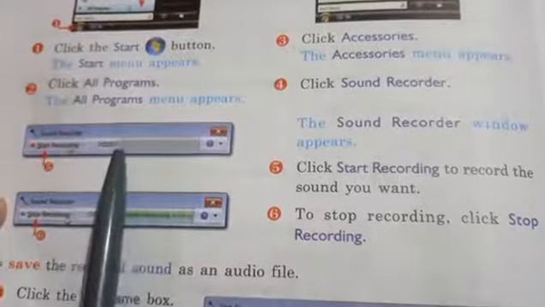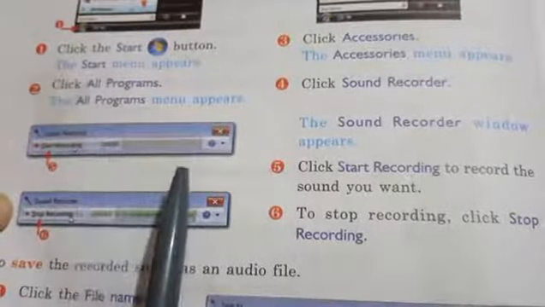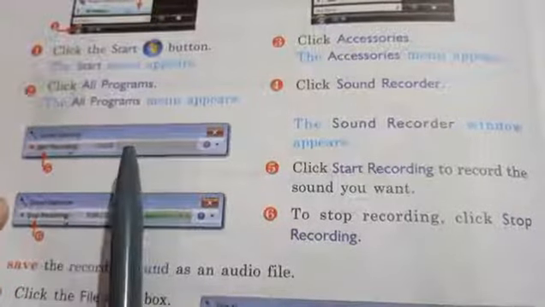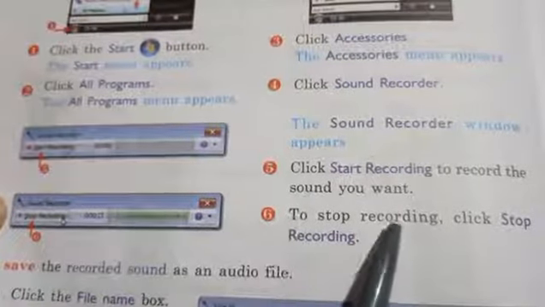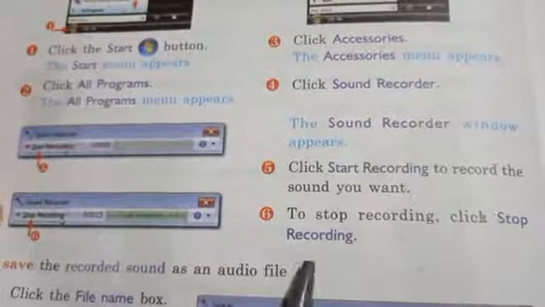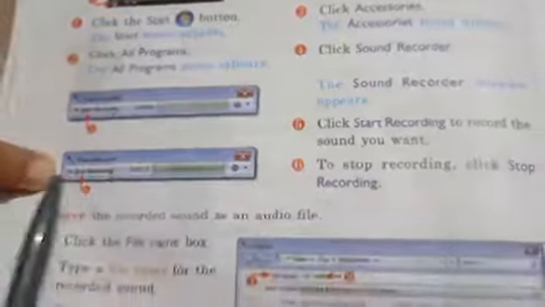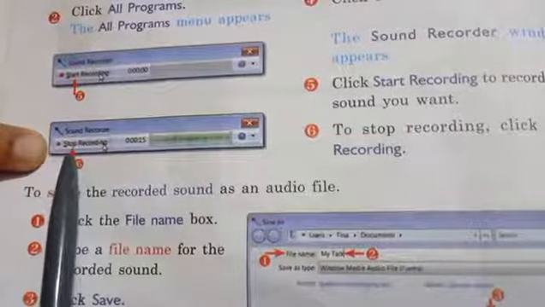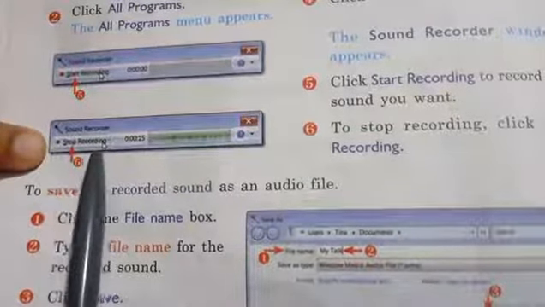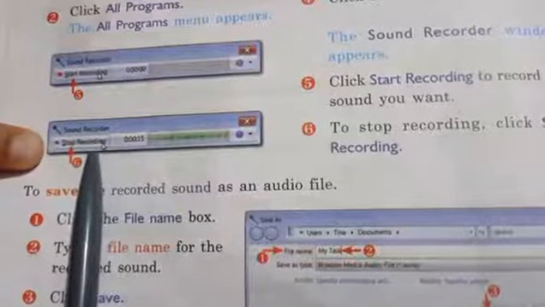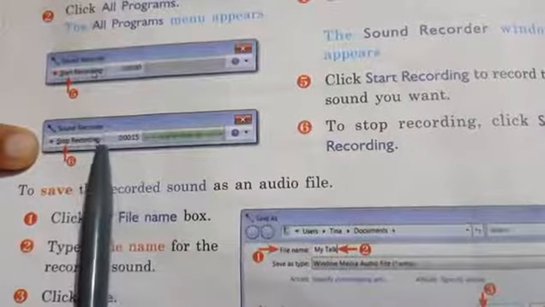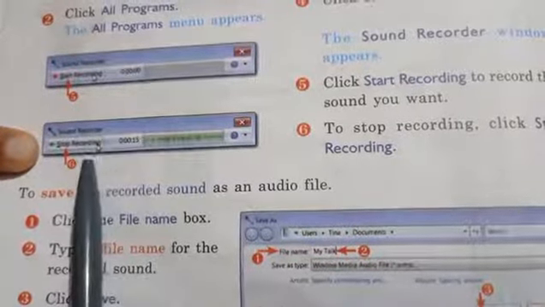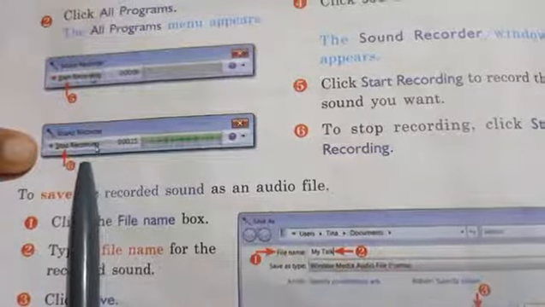After completion, to stop the recording, click stop recording. Now you can see the stop recording button. You have to click on it to stop your recording. Okay, this is the process to record your voice or any sound.